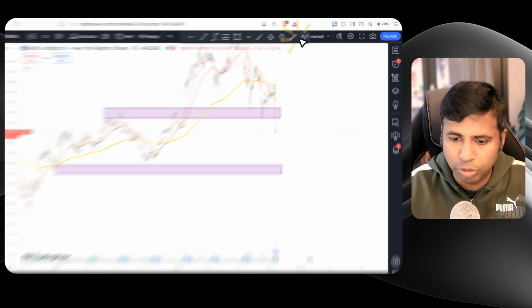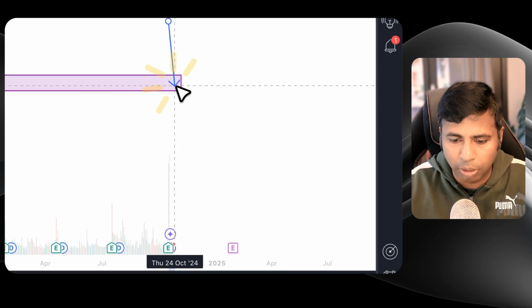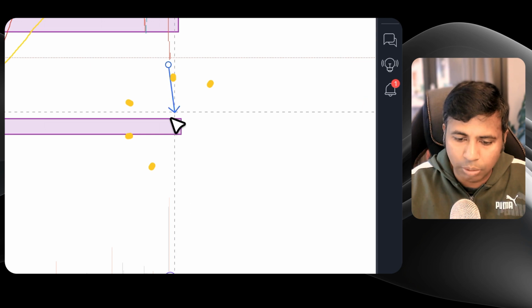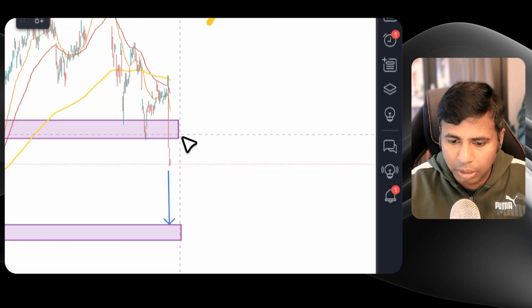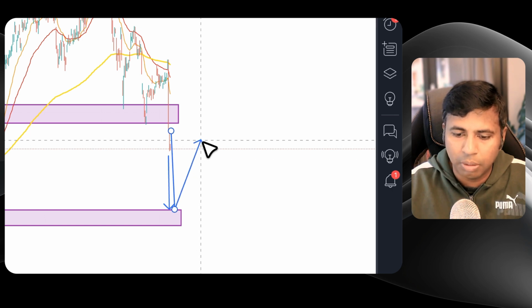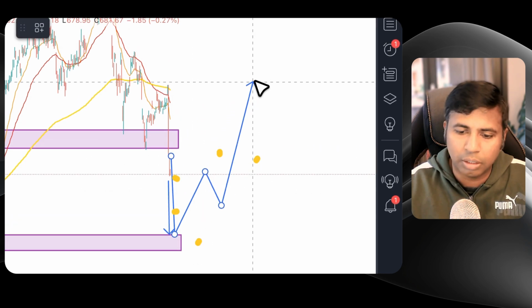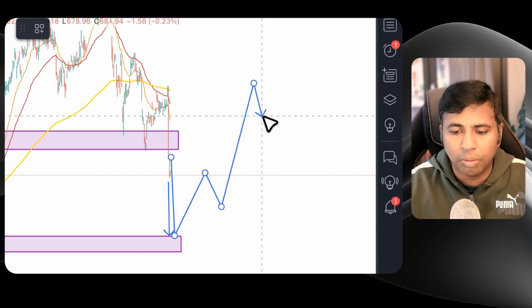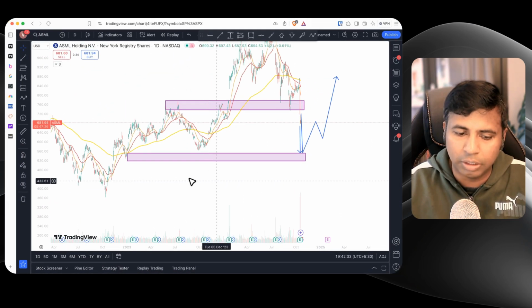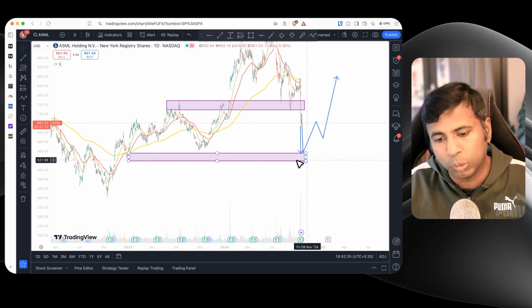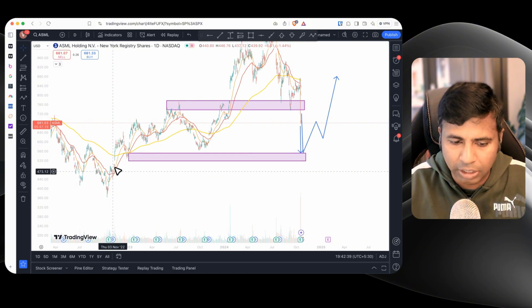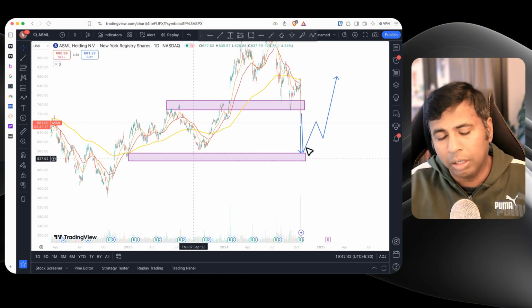There are a couple of scenarios. It could go down to this particular range and then try to, let me draw it again here. It might come down and then try to bounce back and then try to move like this. That's one scenario. Or it might crash and test the other support levels as well. We'll have to watch for this turnaround in moving averages, and then we can enter.